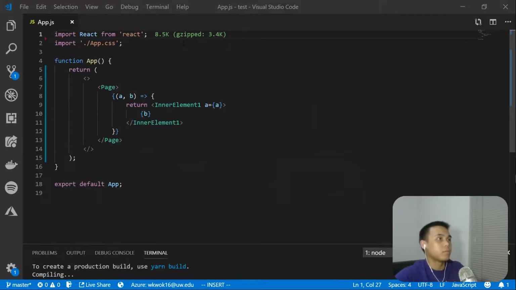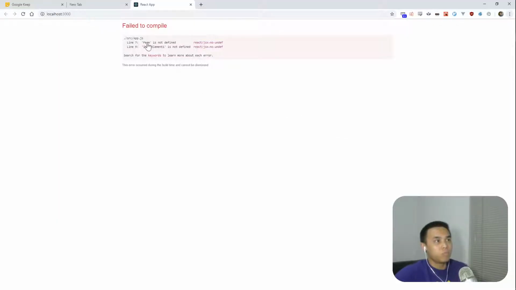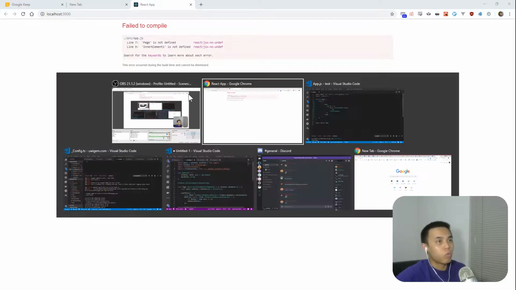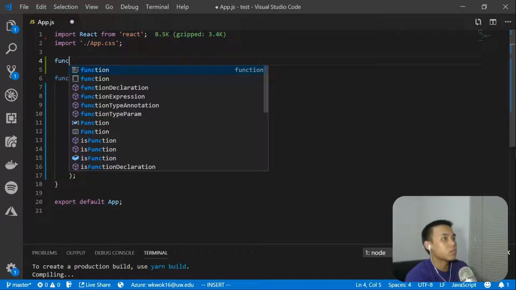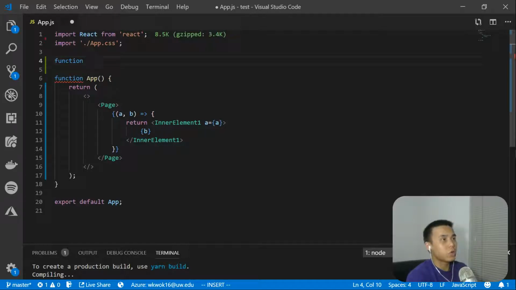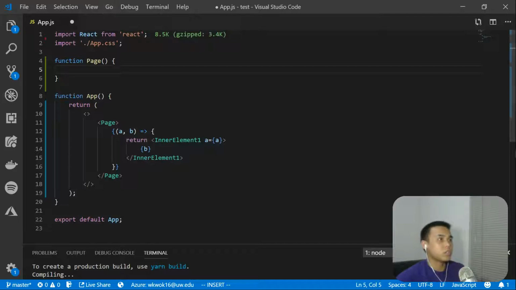So this won't compile correctly, and that's normal. That's because we didn't define page or inner element 1. So up here, what if we define inner element 1 in page? What I want you to take note of is what I'm going to be doing with this. So page is going to be taking in children as a prop, and this is a functional component, so we can just deconstruct the children right here in the parameters. And then what we're going to do is we're actually going to return